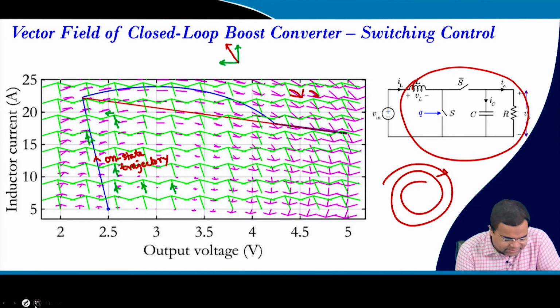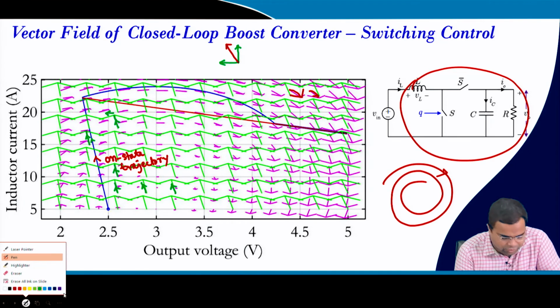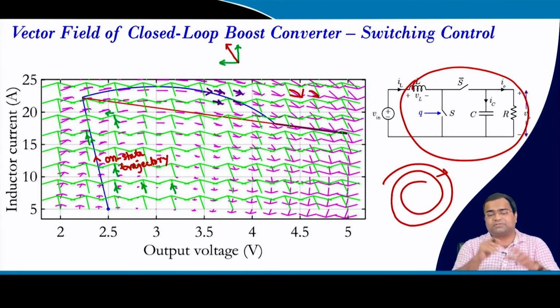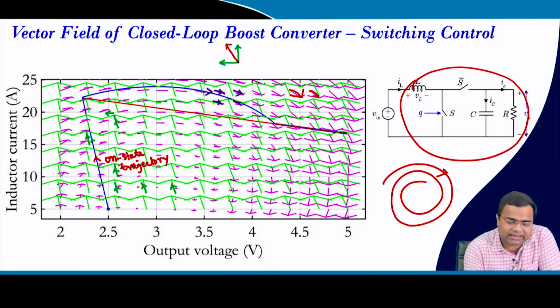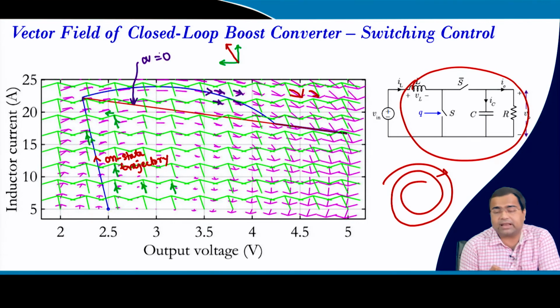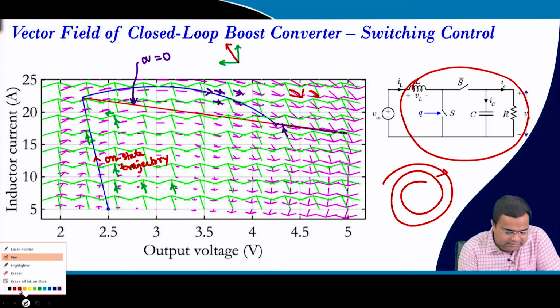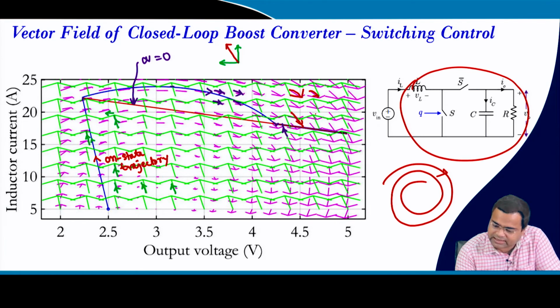And if you see the off state trajectory, this is parallel to this trajectory, right? This trajectory, magenta color, which is the off state trajectory. So, that means when the converter hits this red curve, the switching surface sigma, then it turns off, and it follows the off state trajectory. Again it comes, and this time now in both sides, the green line is towards this side, and the magenta line is towards this side.